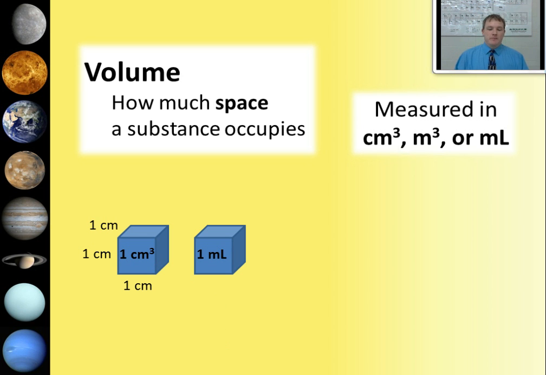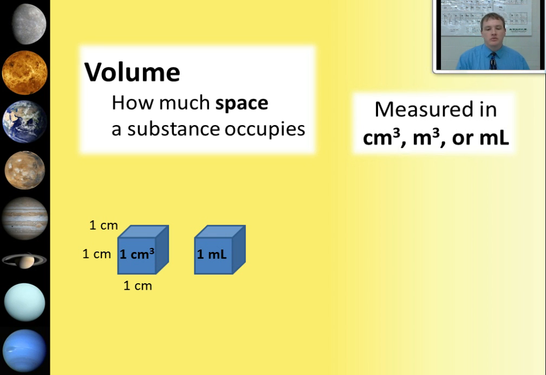Here's something interesting. Another one of these units is the milliliter. A milliliter is exactly the same size as a cubic centimeter. And that's not a mistake. It was set that way so we can easily convert from cubic centimeters to milliliters and back again. What's the difference between the two? Usually, milliliters are used to measure liquid substances and solid objects with very irregular shapes that can only be measured if they're dropped into a liquid. And then cubic centimeters are used to measure objects that are easily measured with a meter stick, basically perfect shapes